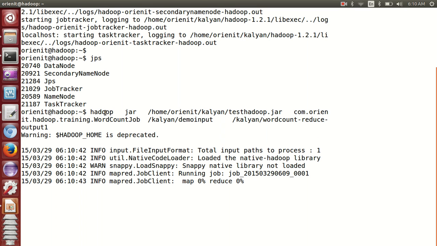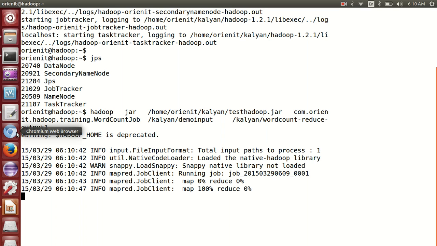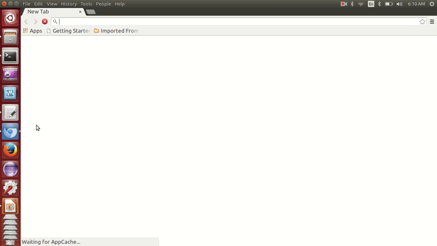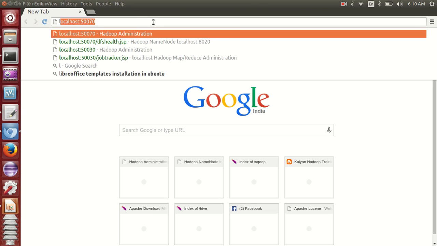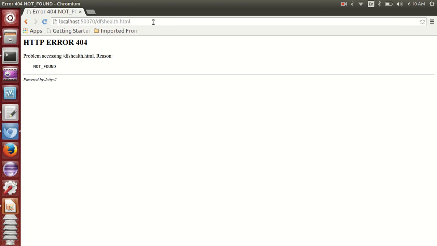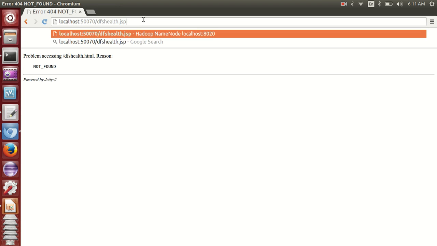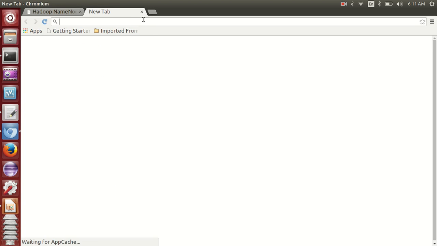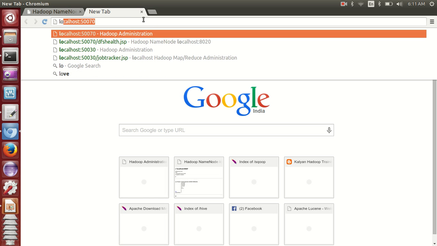You can verify your input and output in HDFS and job information in the job tracker URL. Let me open those two links also. For HDFS it is localhost:50070 and the job tracker is 50030.